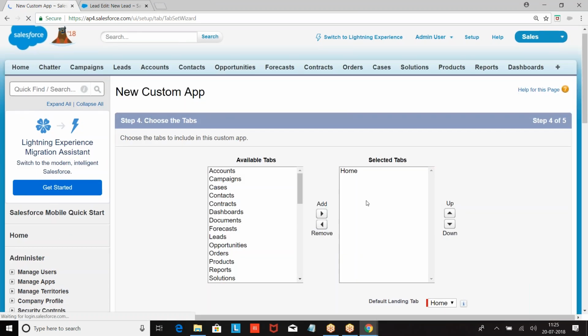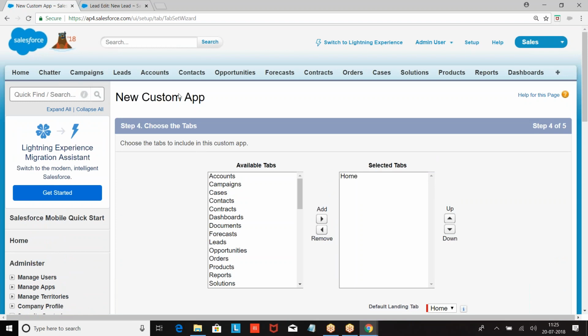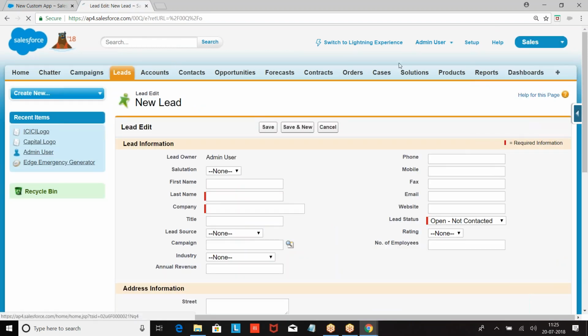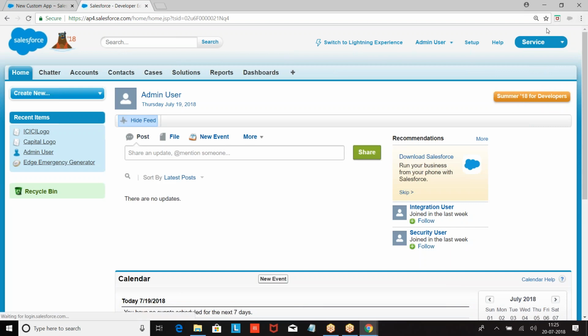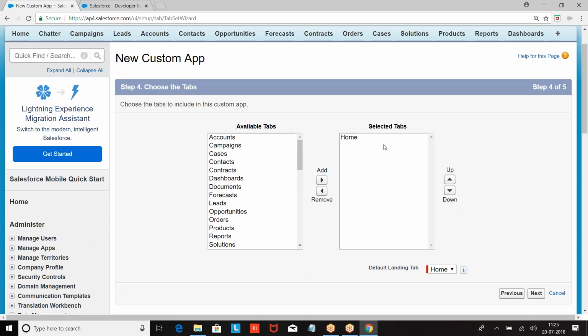Go to the next. Now every application will have a group of tabs. As per this application, these are the tabs. As per the next application, we have different tabs. So this application, these are the collection of tabs, right? Now, as per the application you are creating, what are the tabs you want to include?